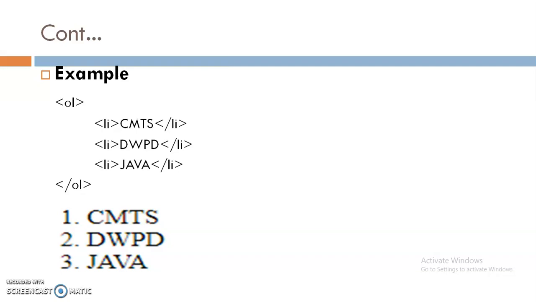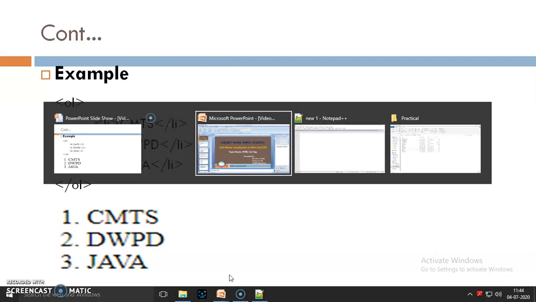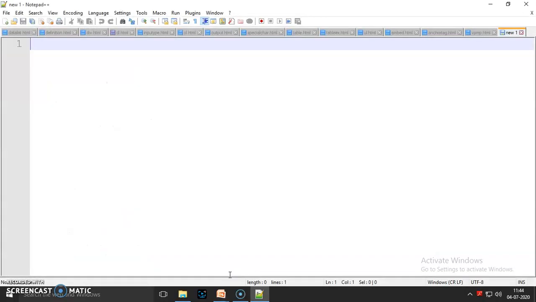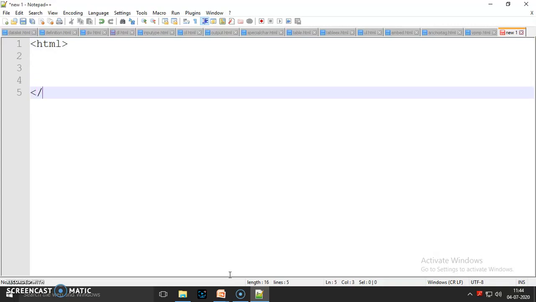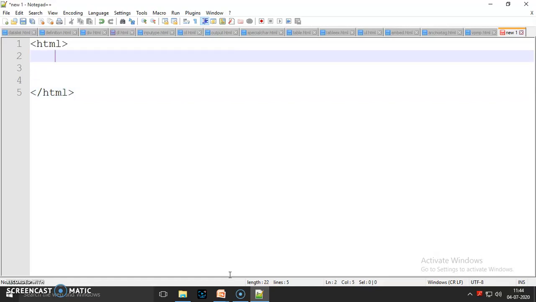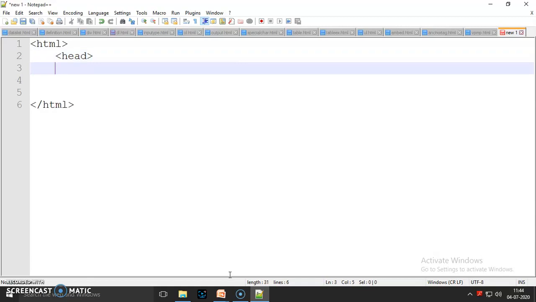Now let's start our practical of this ordered list tag. Here first of all open Notepad or Notepad++, then start tag HTML and last tag is /HTML. In between, the head tag is used for heading purpose, and /head.